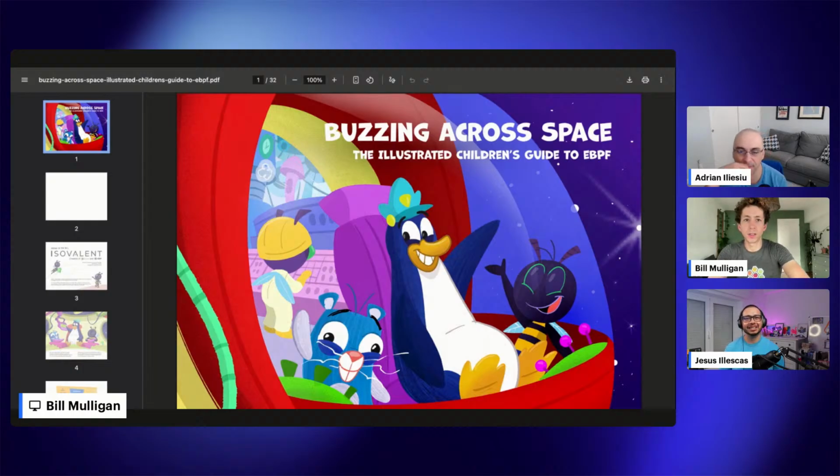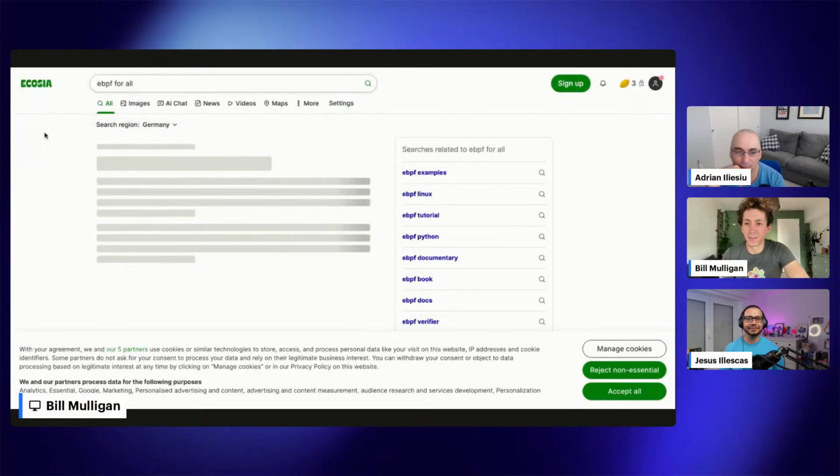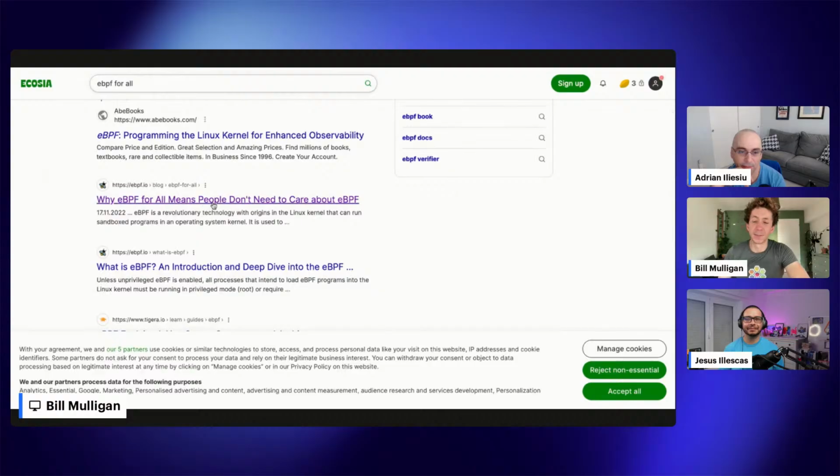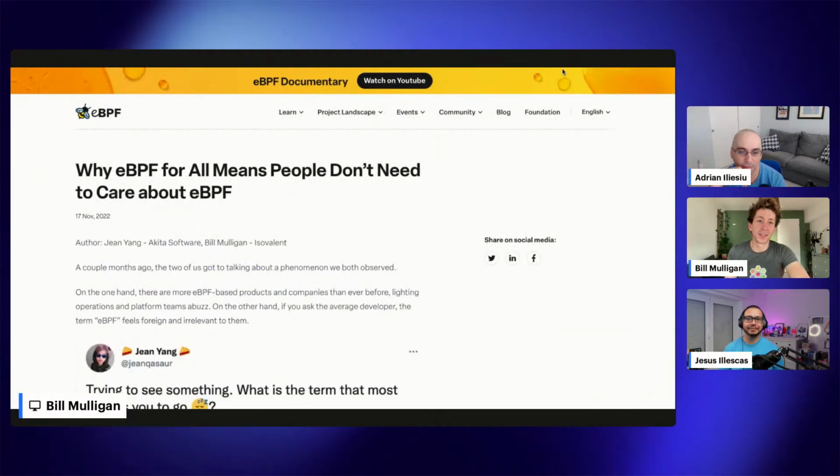Yeah. So there's a couple different resources. Let's see if I can find the blog post that I wrote about this. One thing that I really believe is the great thing about eBPF for everyone. You gave the example of Facebook, but another example I like to give is that every single Android phone in the world uses eBPF to process network statistics. 90% of traffic coming out of Google data centers is also processed by eBPF. You're already using eBPF, you're already benefiting from it. But the great thing is that means you might not have to care about it.